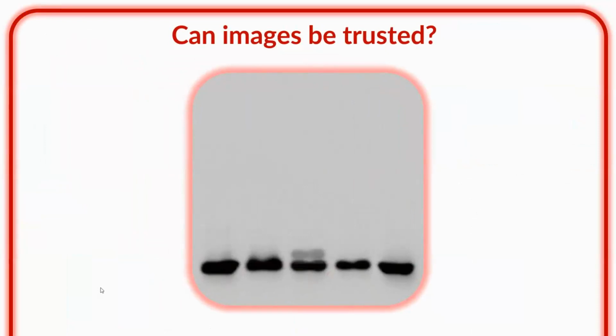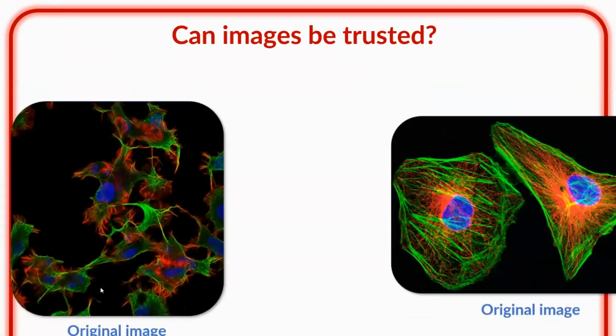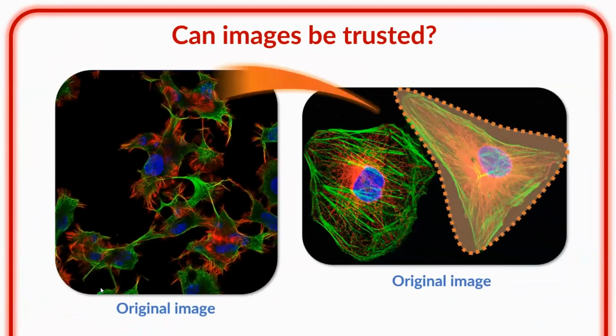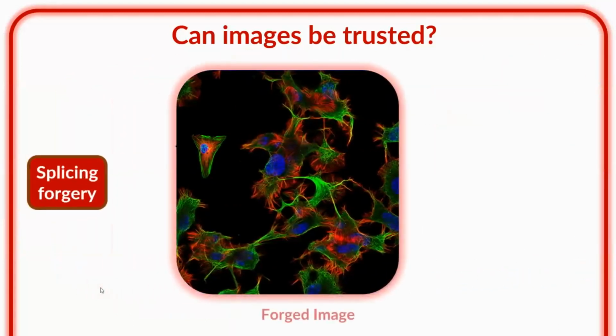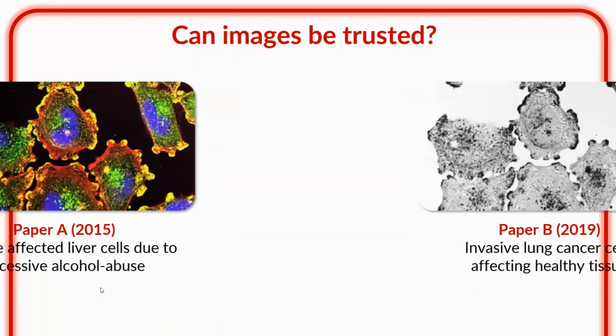Just for example, this is a very common manipulation that you can perform. This is basically forging a Western blot band, and this is just another way to manipulate the images. This is known as copy move forgery. And in scientific literature, a lot of examples can be found of such forgeries. For example, these two are original images, but we can take one part of an original image and put it in the other one, adjust for contrast, brightness, and hue, and we have another forged image. This type of forgery is known as splicing forgery, which is also pretty common in scientific literature, or known as such in fraudulent cases, that is.